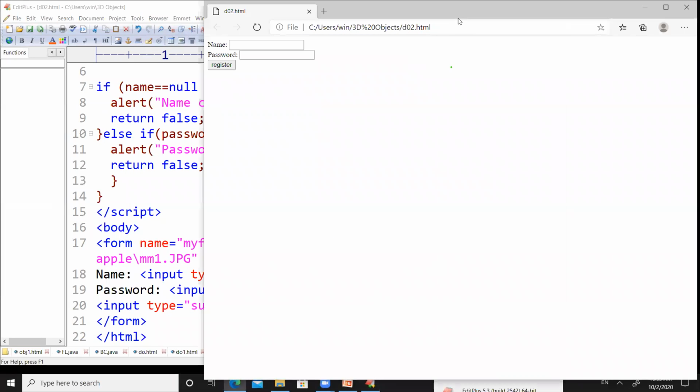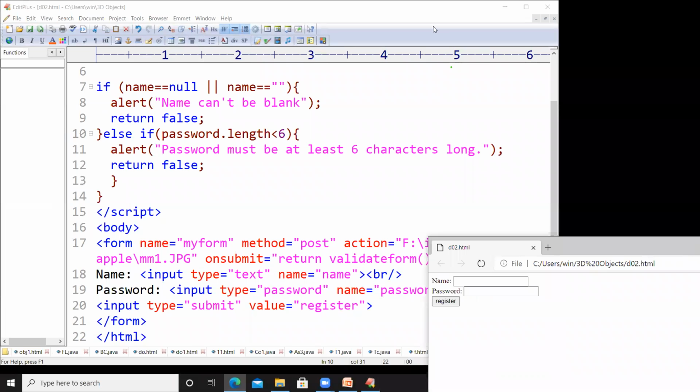Right, see here. This is the output of these two lines. I just kept them side by side. This is the output of the first line, and this is the output of the 19th line. The first one is the output of the 18th line, the second one is the output of the 19th line, and the third one is the output of the 20th line.